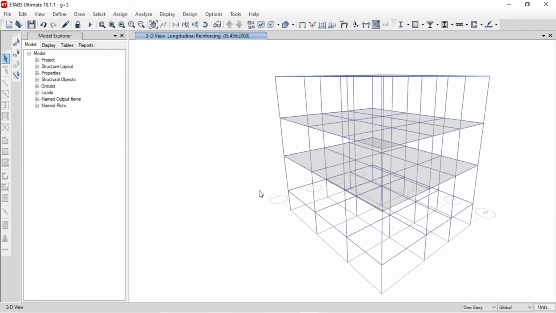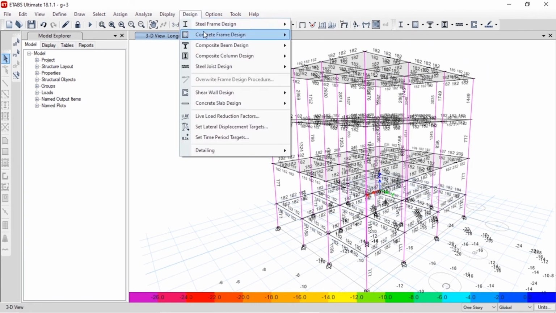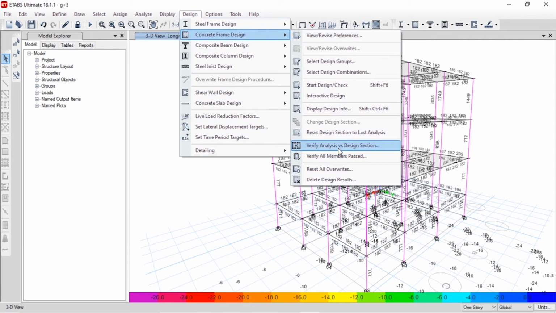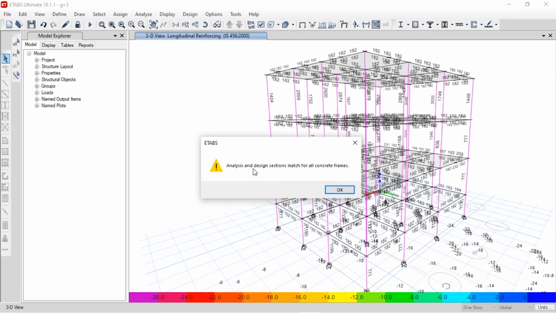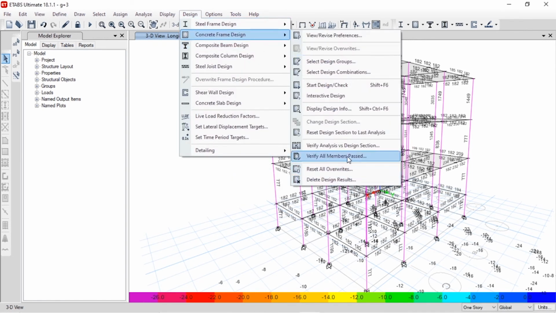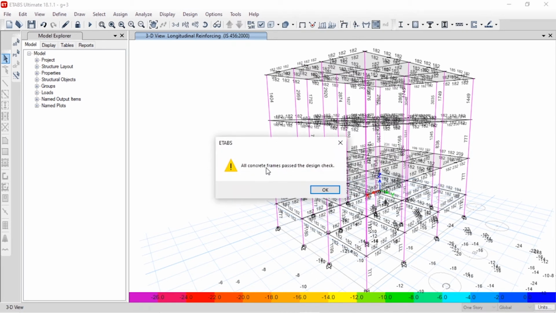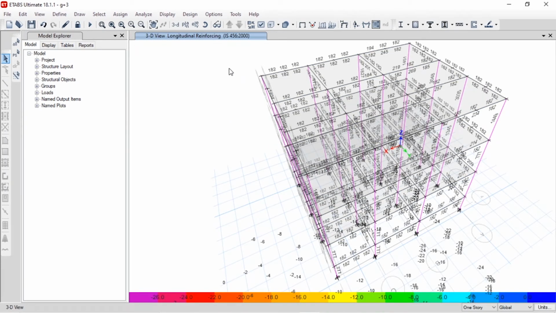So you can see there is no red color, or you can also verify the analysis versus the design section. It will verify that all the analysis and design sections are matched, and we'll verify that all members have passed. Here it shows all the concrete frames have passed. If any of the members have failed, it shows the error overstressed.